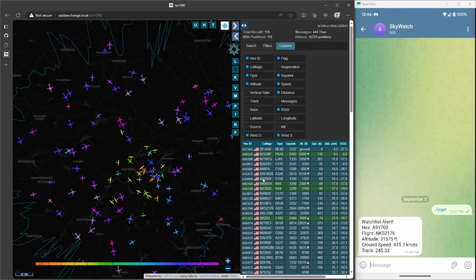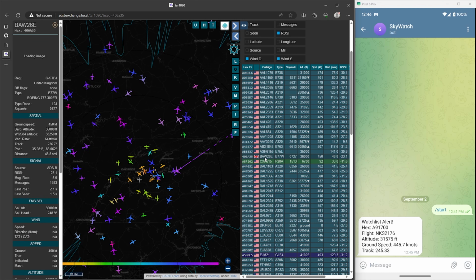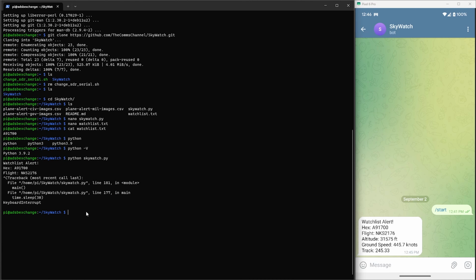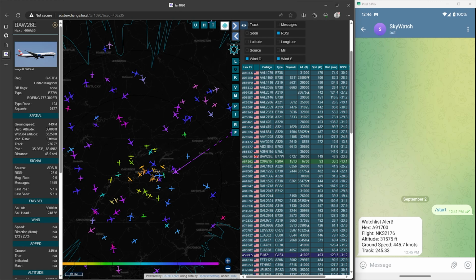So let's take a look at some call signs. Let's find a unique call sign. Here is a British Airways, which is BAW. So let's go back to the watch list to show another example. So nano watchlist.txt. So let's get rid of this current one. So let's say we want to, well, let's start with, actually, let's skip the British Airways ones for now, and